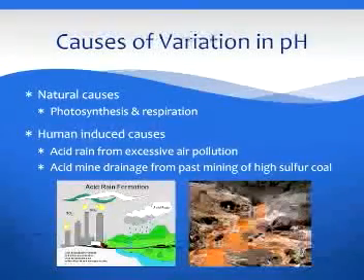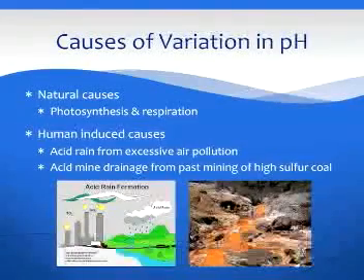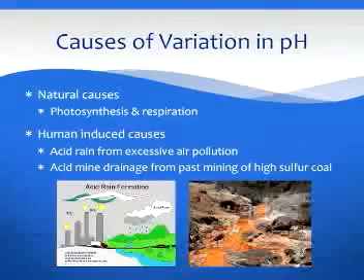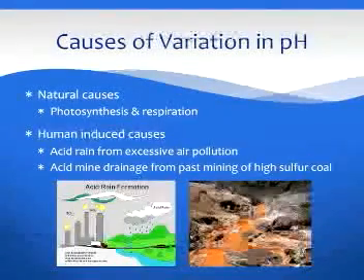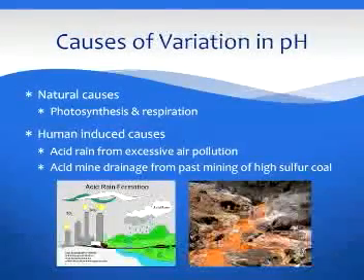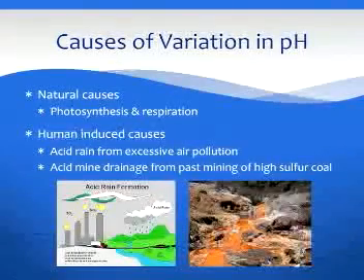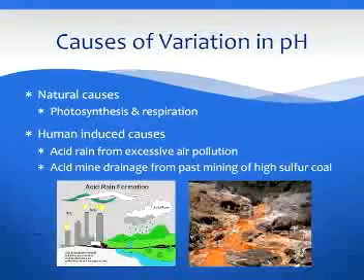Well, both actually. pH can change naturally through photosynthesis and respiration. In photosynthesis, CO2 is removed from the water, which causes an increase in pH. So when rates of algal photosynthesis are high, for example during daylight hours and growing season, the pH increases. In contrast, respiration of living organisms and decomposition processes produce CO2, which dissolves in water as carbonic acid, thereby lowering